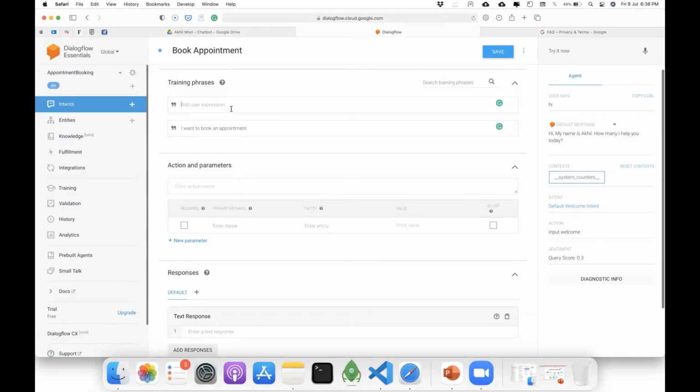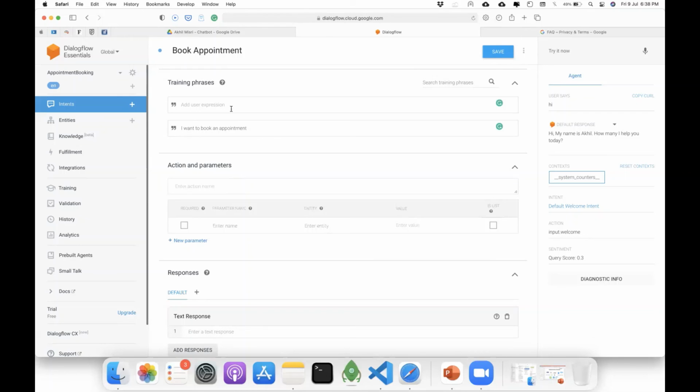So now, obviously, once I say I want to book an appointment, I need to know what the appointment is for. I want to know the time and date at which the appointment has to be set.